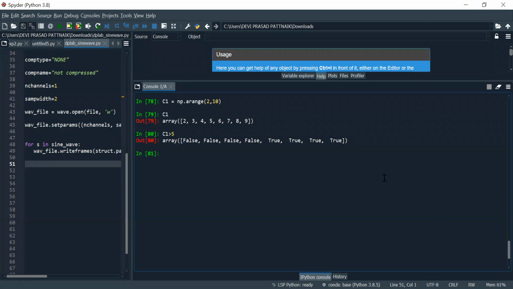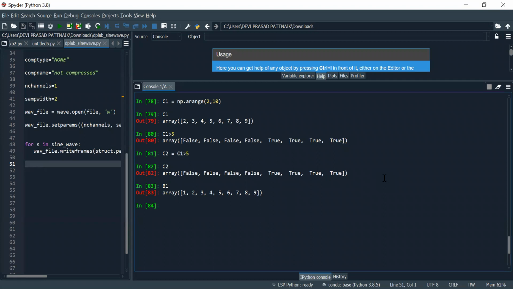Let me store it in C2. C2 is this array. Let's say B1 is this array. So how many elements are there? I think this has 9, that has 8.